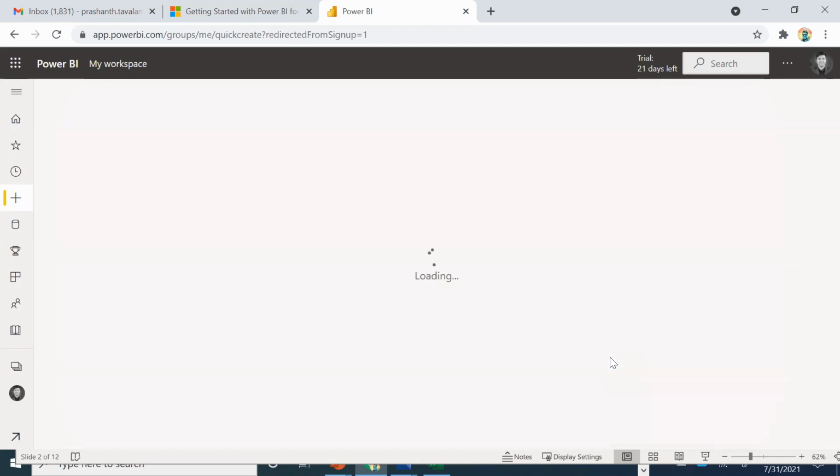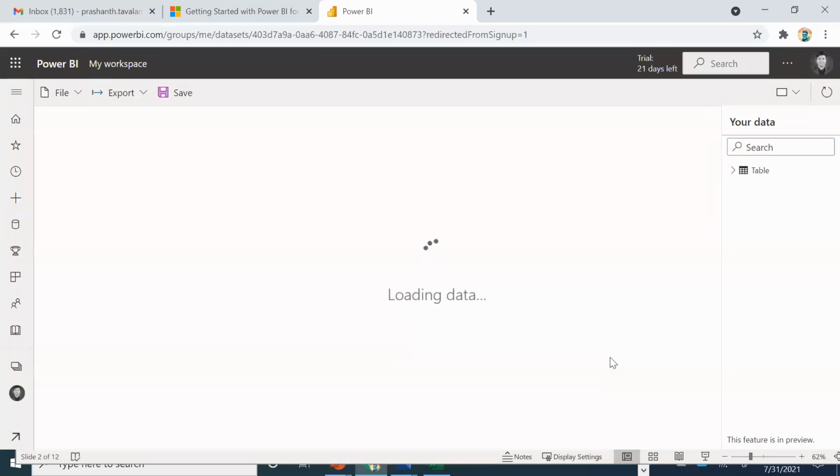Now I'm actually loading this information. Now I can create a report from this. Now there are other ways to get data. You can directly connect to databases and extract information, and you can combine different tables from the database to create your own data sets.